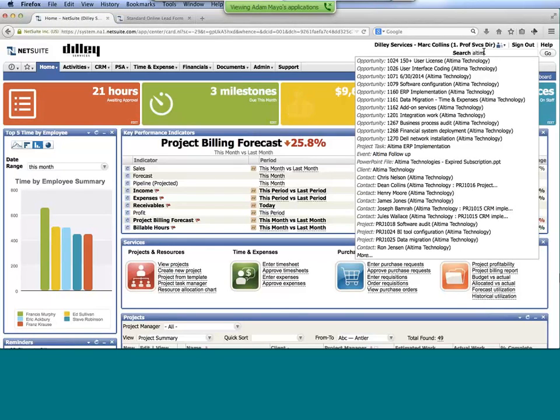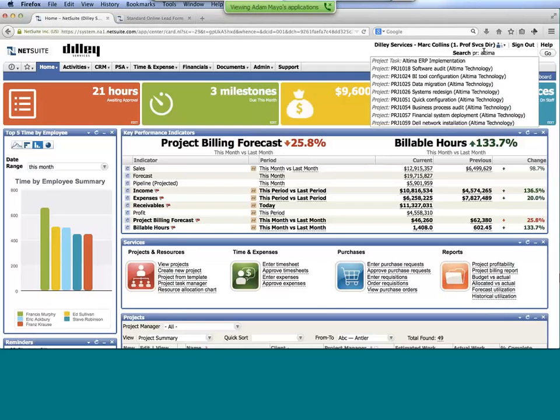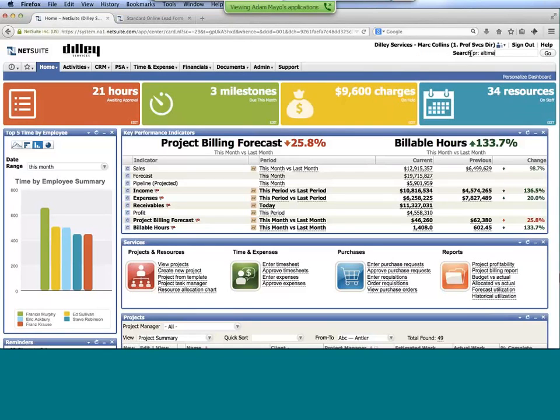If I wanted to filter that down even further, and let's say I want to look at just my client records within here, I can put in an abbreviation, type in Ultima, and it filtered it down on just the client record. So again, it makes it quite easy to limit what information you're looking for, typing in a number, a transaction number, in this case a project name, identifying those, and then being able to select that right from the list as you can see here.